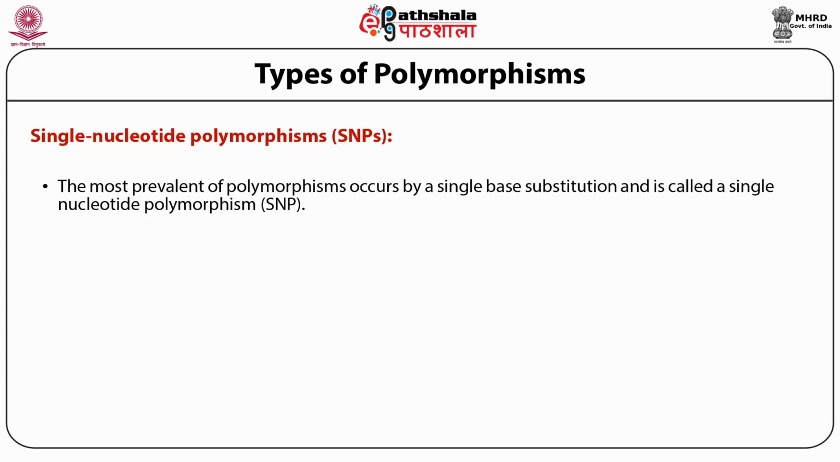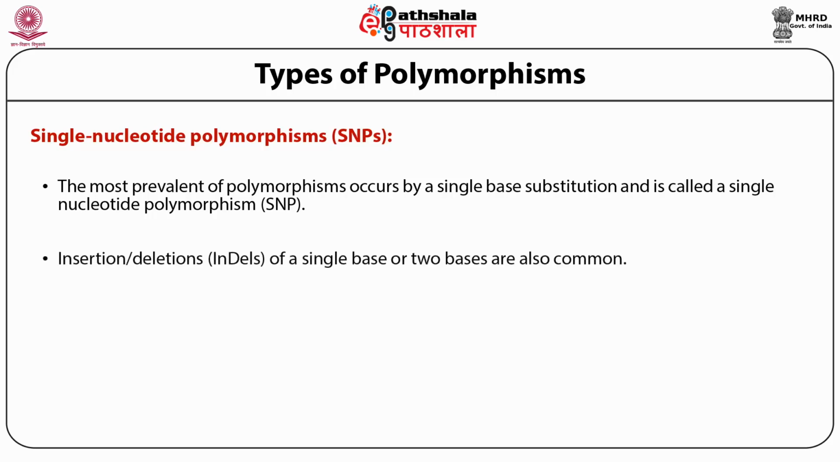and as a result of transition, that is purine to purine or pyrimidine to pyrimidine mutation, or transversion, that is purine to pyrimidine mutation. Insertions or deletions, that is indels of a single base or two bases, are also common. When the SNP lies in the recognition site of a restriction enzyme,